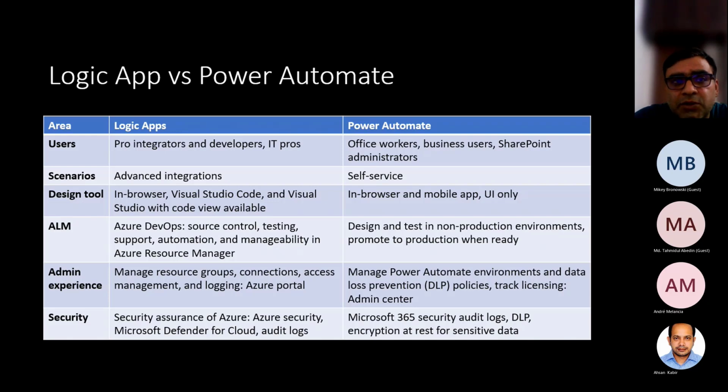Coming to security, since Logic Apps is an offering from Azure, it provides a lot of security features that come by default with Azure. It could be audit, logs, Defender, etc. At the same time, Power Automate is coming from the Office kind of offering, so it does have enterprise security and all, but it is not that dev or tech kind of capability, so it has limited logging capabilities. Okay, so it was a quick contrast, or quick awareness,